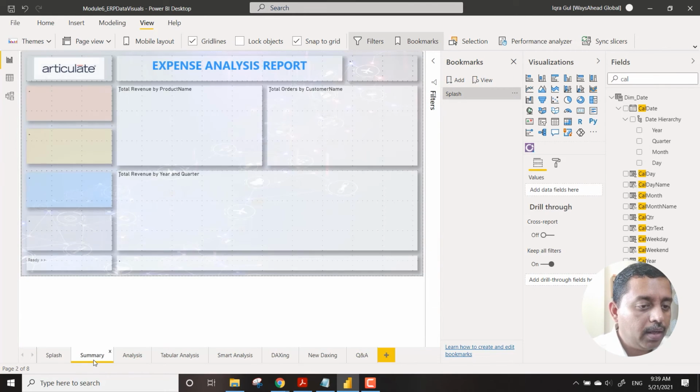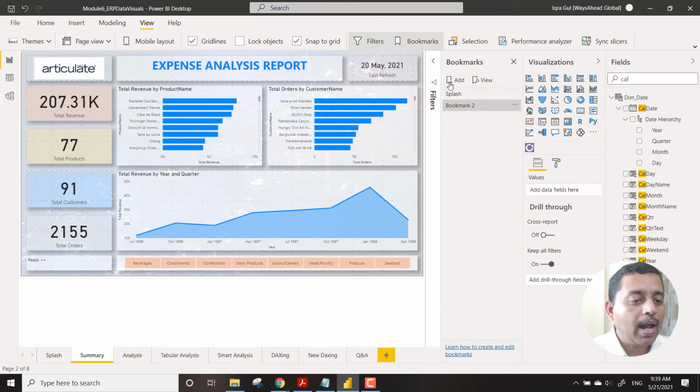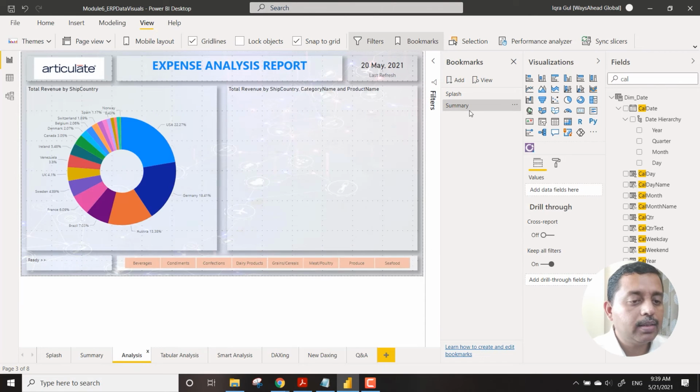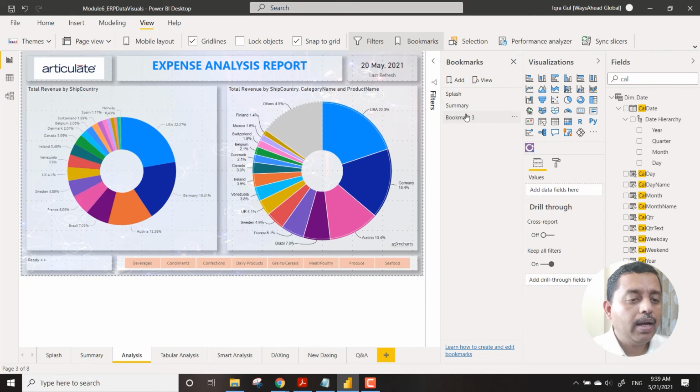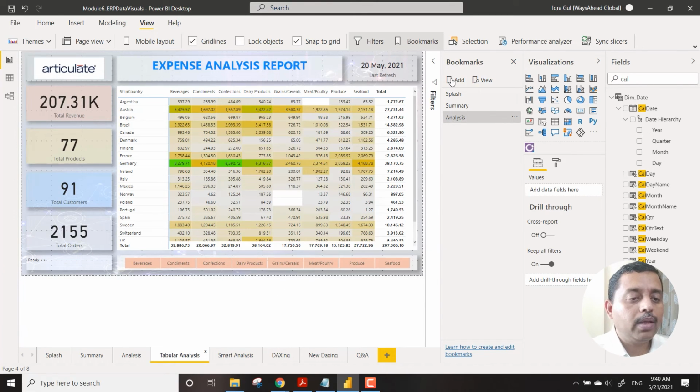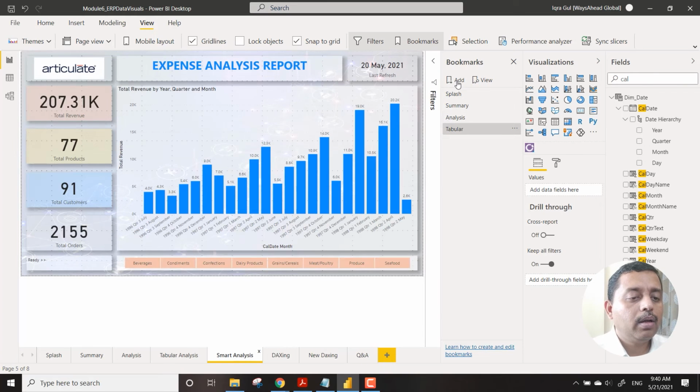You go to summary and say add, and you call it summary. Similarly, you go to analysis and say add and call it analysis. Then you go to the tabular page, say add, and call it tabular. Then you go here and say add, and call it smart.